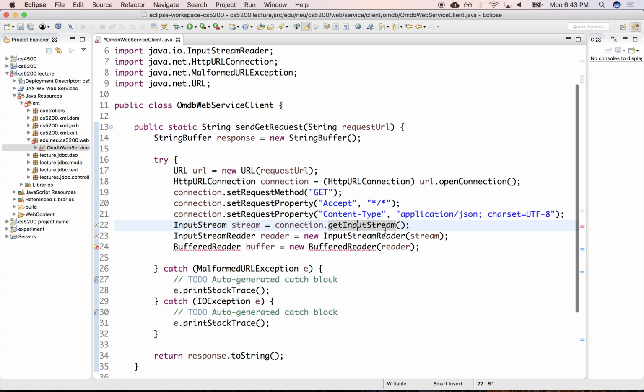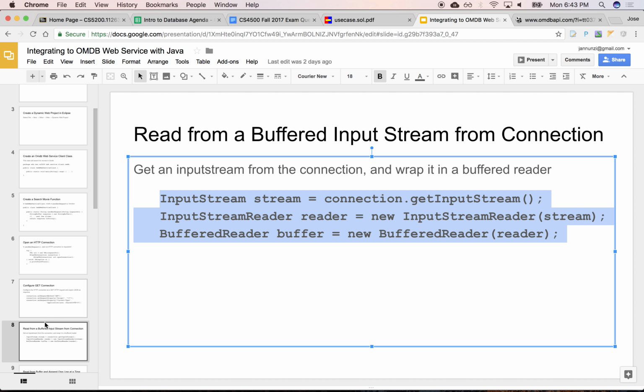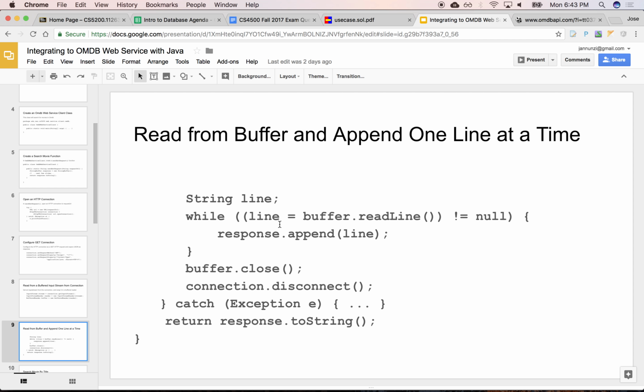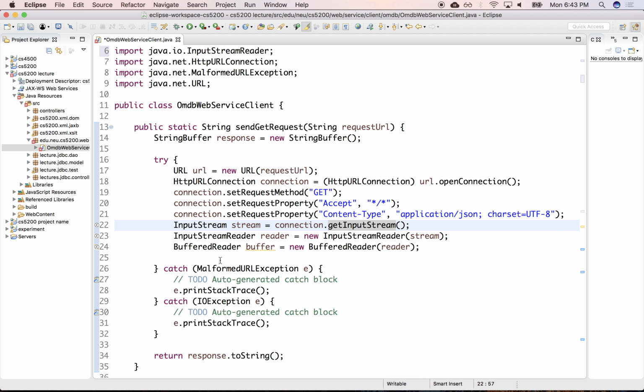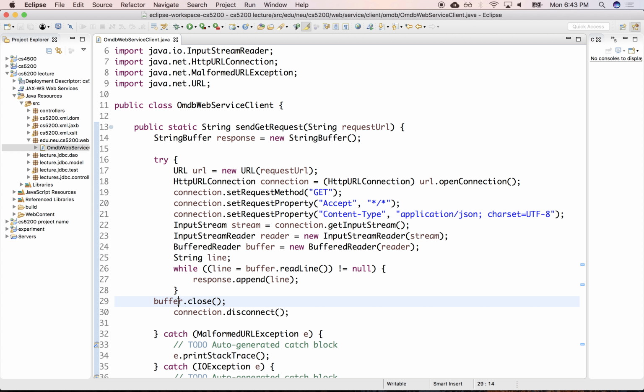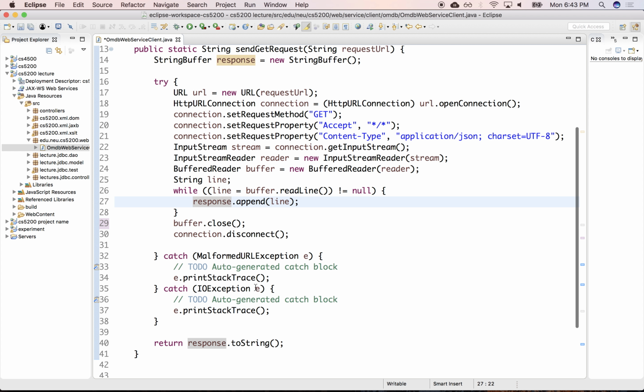So once we have the reader all set up, we can start reading from it and encode it and concatenate it into a local string. Yeah, so there we go. So this is a line we're going to read line by line. Once it reaches the end, right, we're going to stop, and we're going to concatenate it into this buffer, right. Once we have the buffer, we're going to convert it into a string down